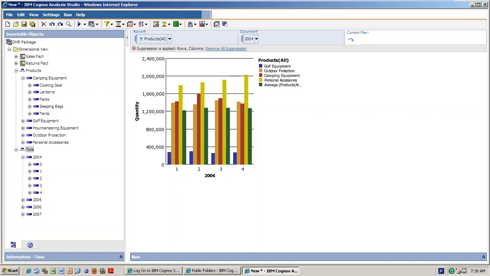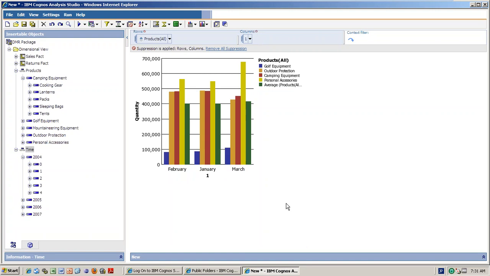See, Q1, Q2. For example, if I double click, what will happen? It will go to the next level and you will see the chart automatically. See, January, February, March.